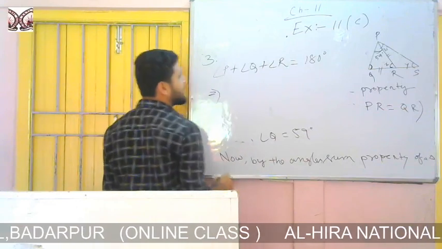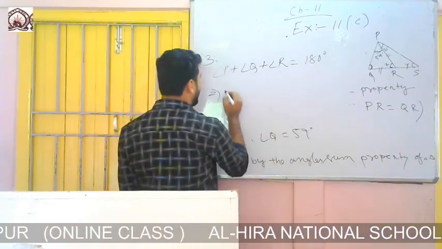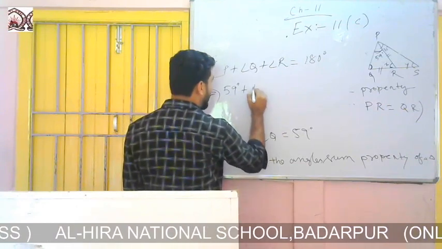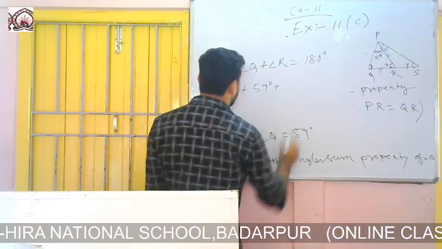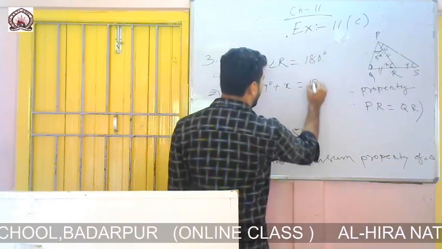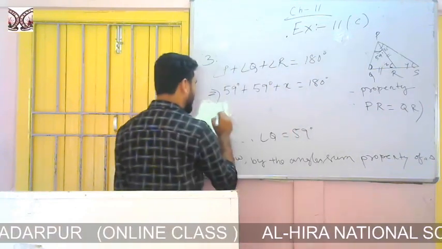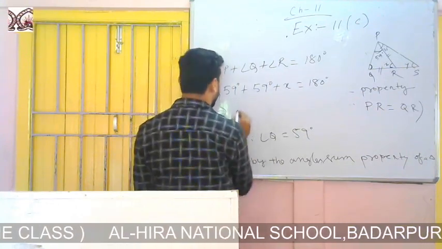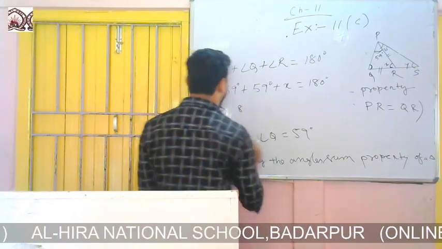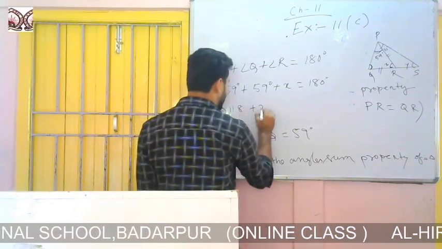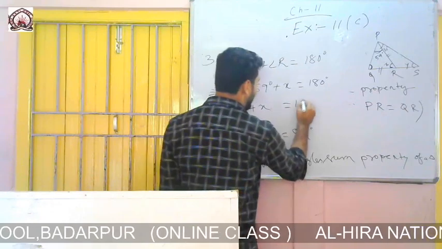So in place of angle P, I can write 59 degrees, and in place of angle Q also 59 degrees because these two angles are equal, and in place of angle R I can write X, and we have to find this X. If I add, I will get 9 plus 9 is 18, carry 1, 5 plus 5 is 10, carry 1 is 11, so 118 plus X equals